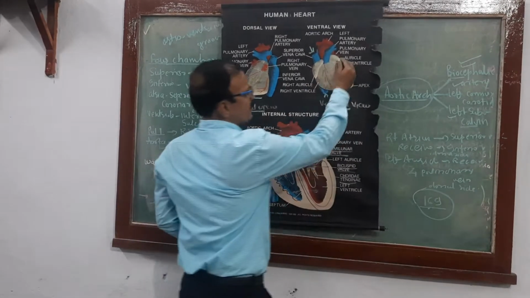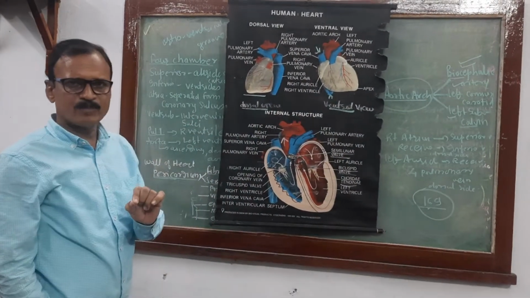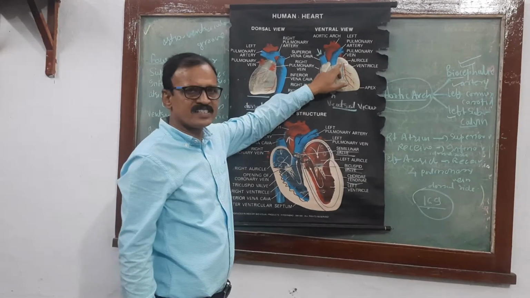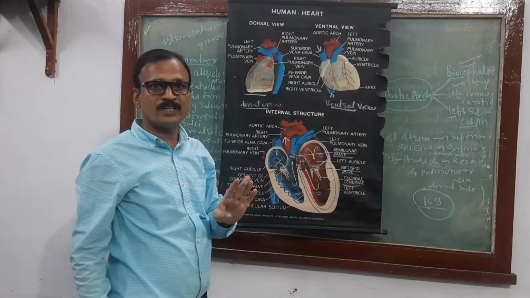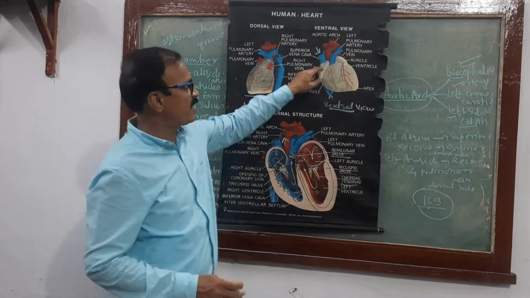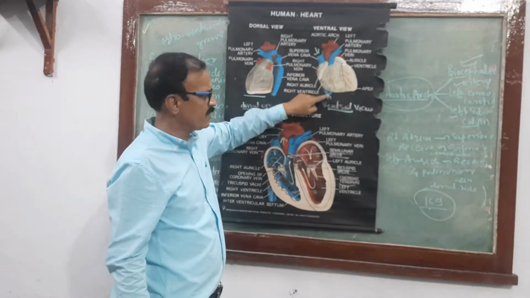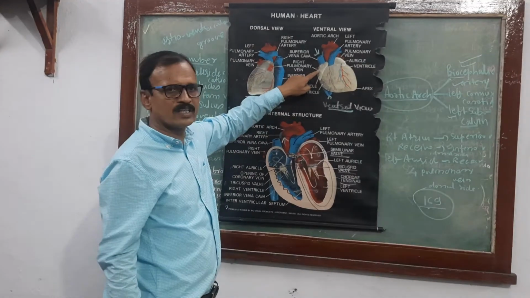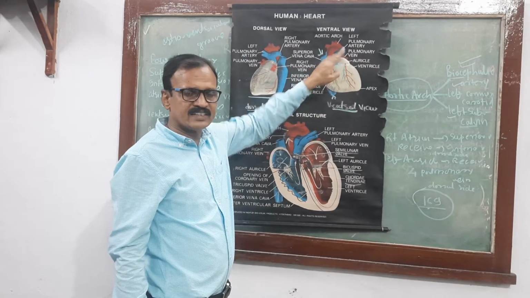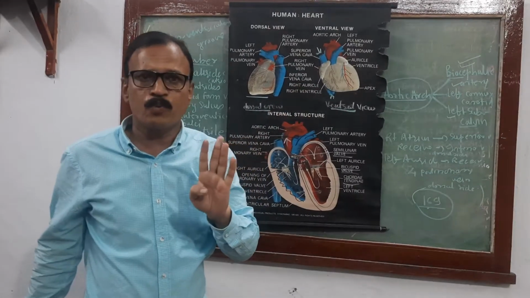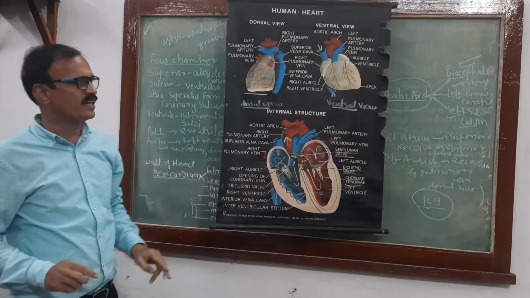Now, what about the left auricle? The left auricle is also a receiving chamber. You can also say left atrium. That receiving chamber receives the pure blood from the lungs through the 4 pulmonary veins. You have to remember this. Which veins open on the right auricle? Superior vena cava, inferior vena cava, coronary sinus. And what about the left auricle? There are openings of 4 pulmonary veins, meaning 2 from the left lung, 2 from the right lung.